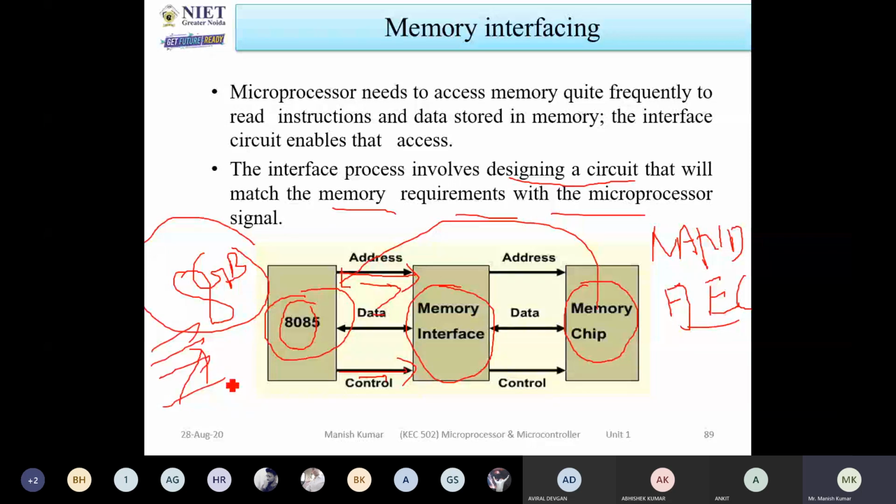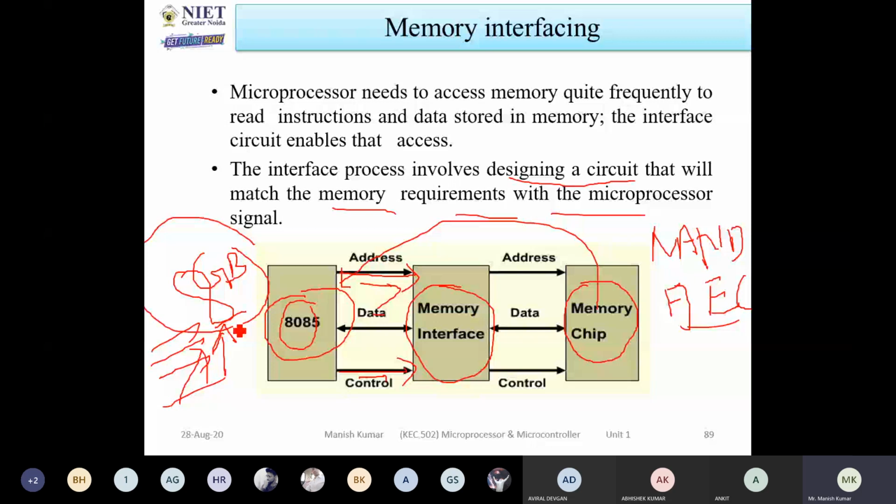So one location will store 1 byte of data. It means 8-bit data. Always remember, 1 byte of data will be stored in one memory location, and that is 8-bit data. 1 byte means 8 bits, so you can say either 1 byte or 8 bits. Generally 1 byte is used, since it is simpler to say 1 byte, 2 byte, 3 byte.